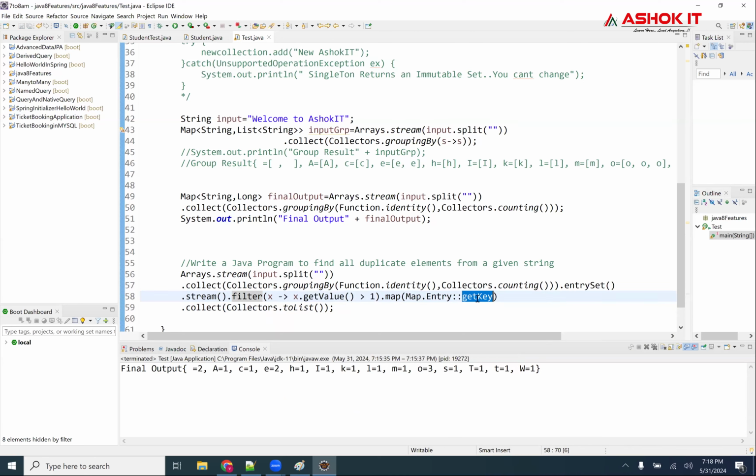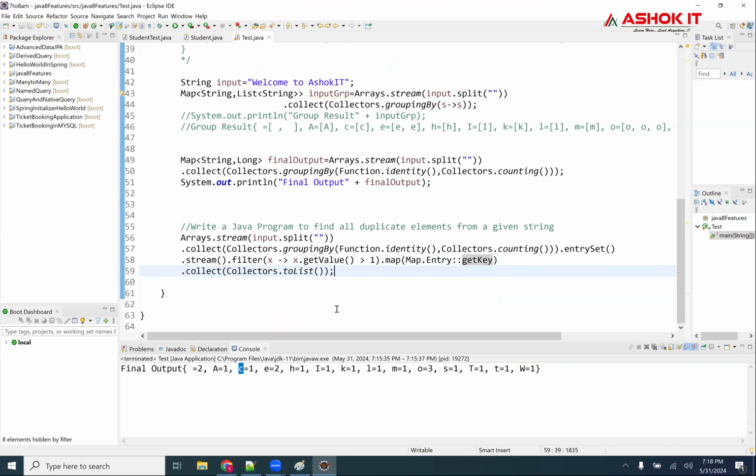And I want only keys, not values. A, C, like these keys. And I want to collect it more than 1. Okay. So which is going to return me a list of string, duplicate elements, right?